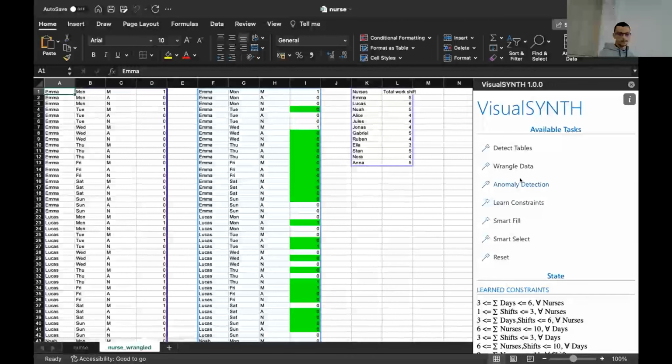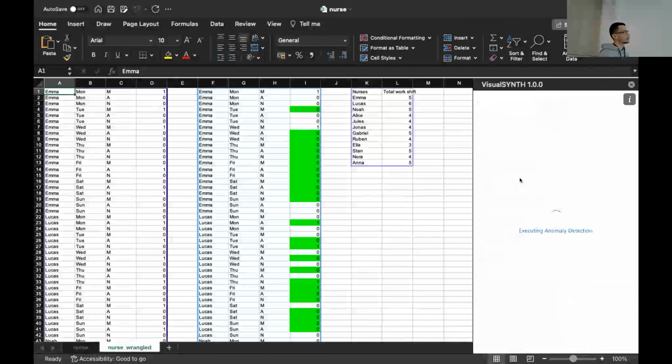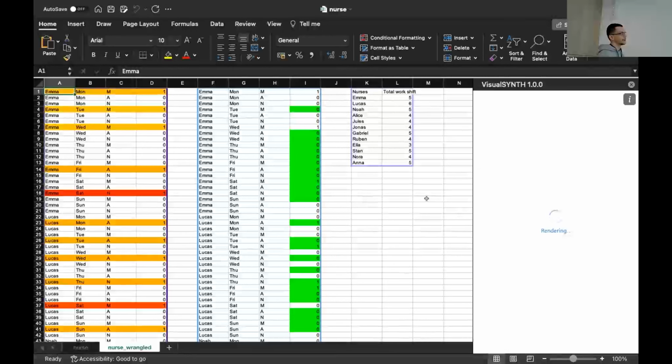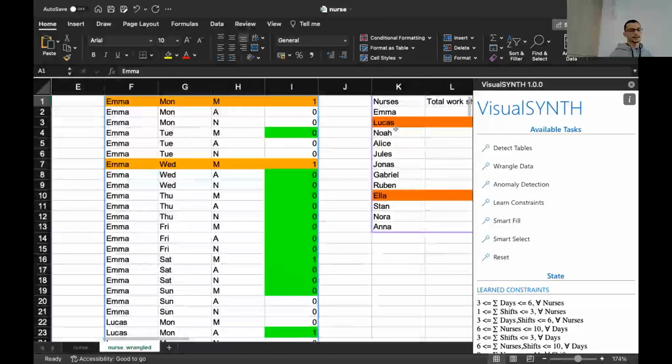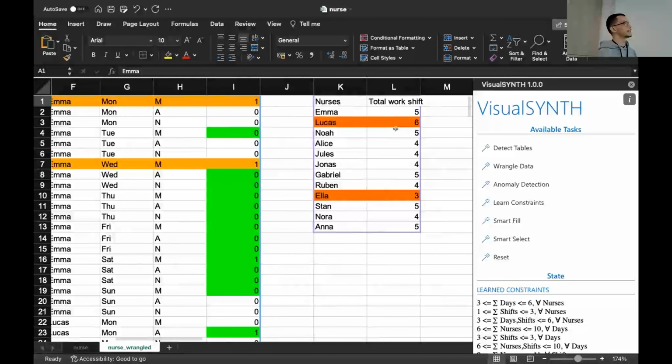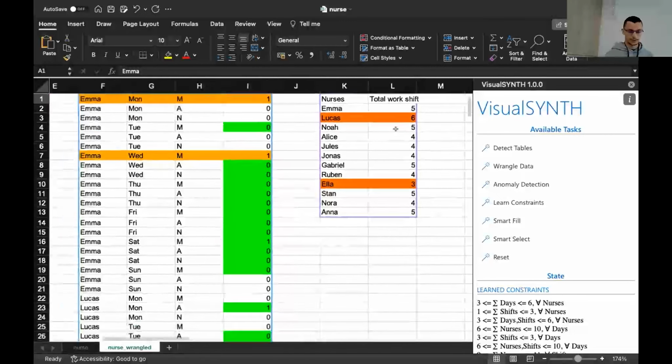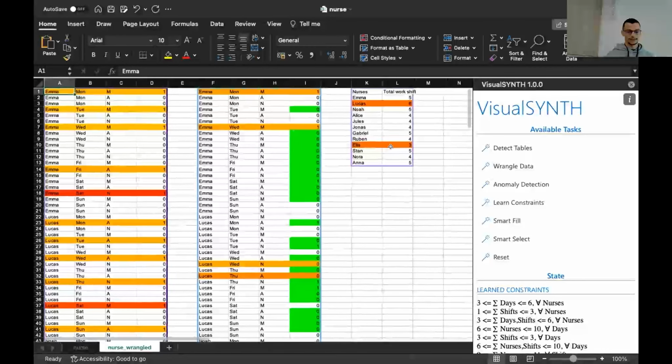Now I will also demo the anomaly detection and how it works. If I click on the anomaly detection, we can see some coloring. Again, the easiest one to interpret in this case is the right table, where we see that it selected the lowest and the highest value, so 3 and 6. In the background, it sees those as an anomaly, and then you, as a data scientist or a naive end user, can see and reason over that if you want to change or do something with them.